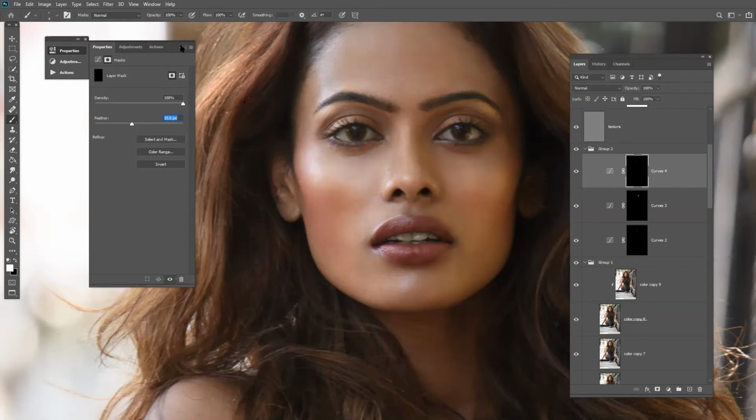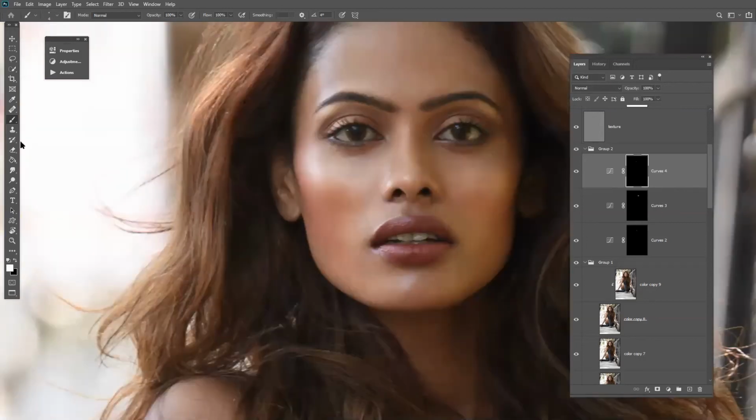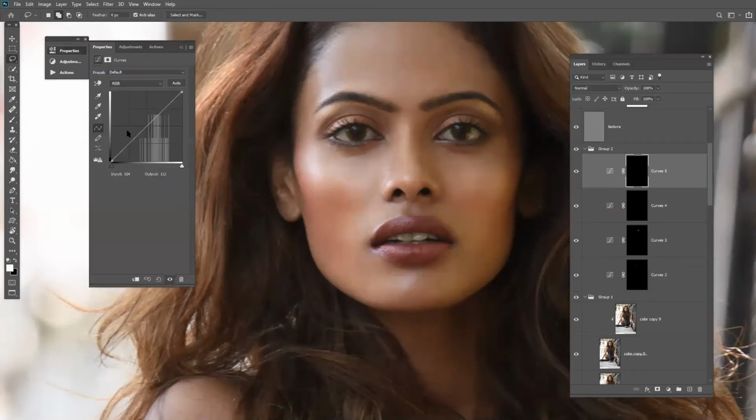I think 15 is sufficient. Can you see the difference now? It's popping out. Yes. So let's begin a little work on this side. We can do it manually also by taking the area. Don't break the lines. 5 is okay. Fine.